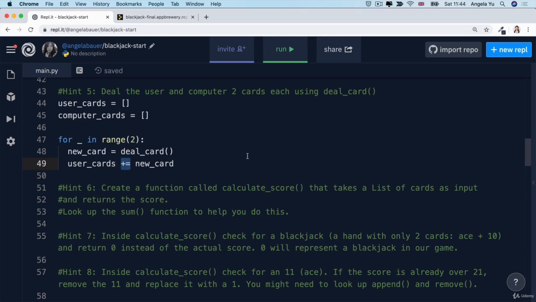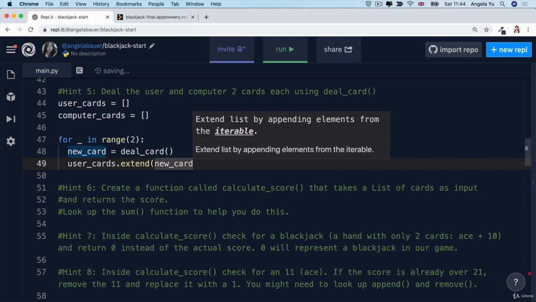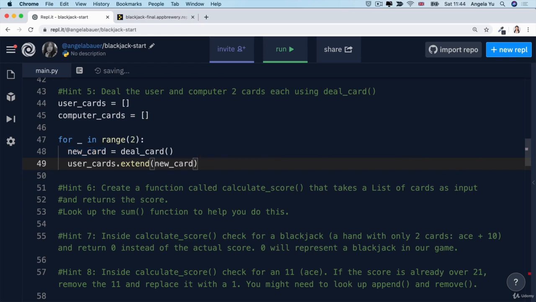Well, this plus equals is actually shorthand for writing the extend function. Now you can see that the extend function is something that extends a list by appending elements from the iterable. So what does this mean? Well, it means that whatever you put inside this parentheses, it has to be a list itself. For example, if this new card was a list of cards, so maybe just the first dealt card and another card, or even just it by itself inside a set of square brackets, which turns it into a list,